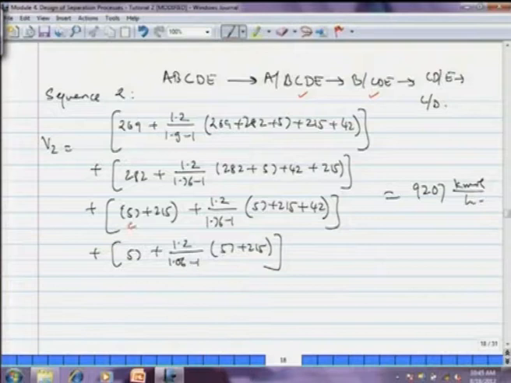So, here we have Fc plus Fd in the third column, and 1.2 into 1.76 minus 1, and then finally here you have to use the value of alpha DE, and here is the alpha CD, and then exactly the same procedure, putting all values, you get the final answer as 9207 kilomole per hour.